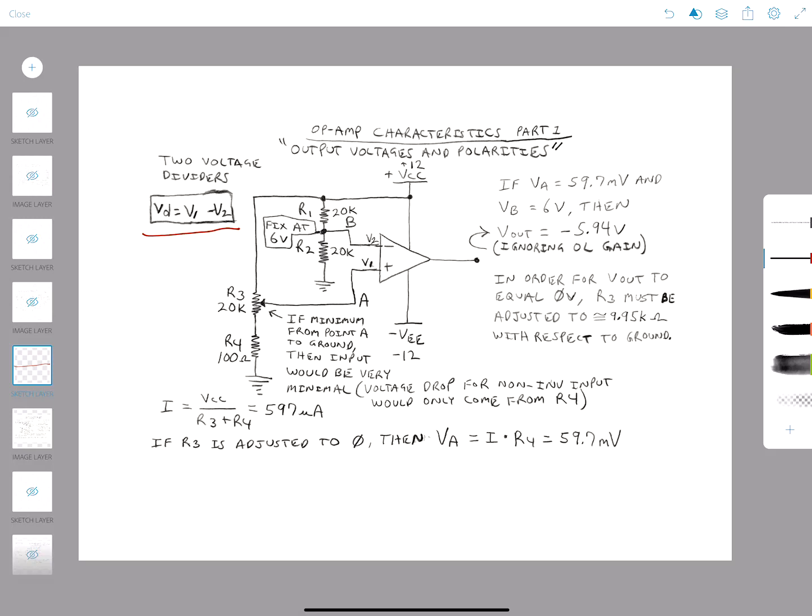So in this case right here, let's start off with the easy part of this circuit. Here we have a nice simple voltage divider network. Instead of a potentiometer, we have two resistors in series with each other. So how do we come up with this 6 volts right here at this point, which is coming into our inverting side? Well, it's pretty simple. Using Ohm's law,